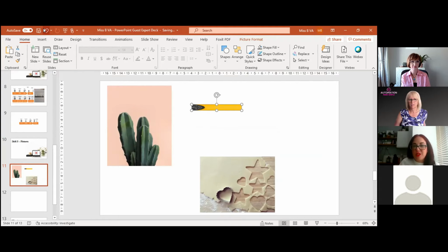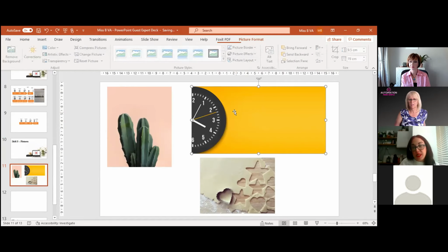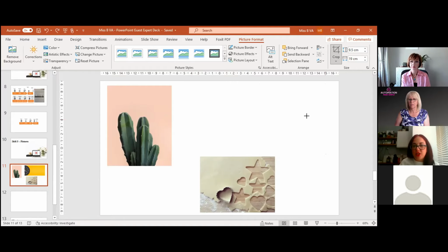So the best thing to do is to use the cropping option. When you double click, it will automatically come up with this option here. Just move that down there. When you crop, it's been a bit slow, you'll get these little squares that come up, and say I want this picture, but really all I want is this bit of the picture. I can literally go in,